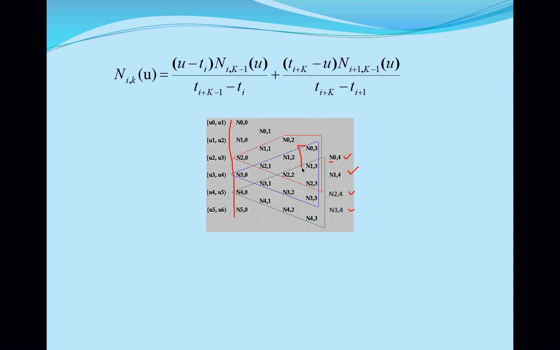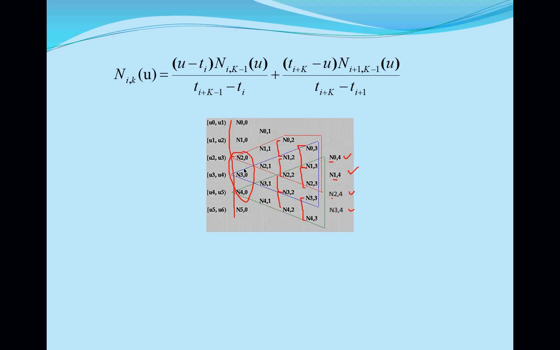So this value depends upon this value and this value, so I just highlight. N04 depends upon these two values, N14 depends upon these two values, and N24 depends upon these two values. I also don't know this value, but I know it depends upon these two values, and this value depends upon these two values. This value depends upon these two, and in this way it keeps on going, iterating each value, and finally I reach this root.